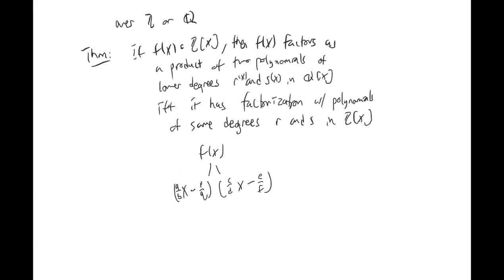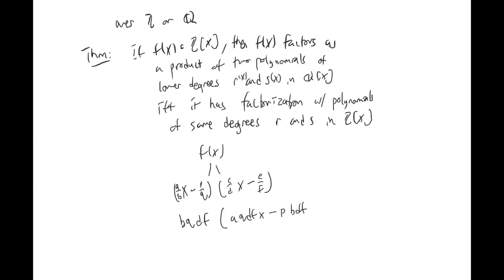You multiply by b q d f, and then you have (b q x minus p)